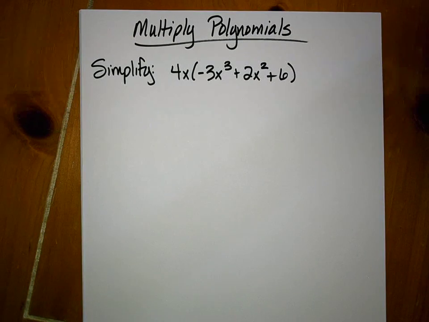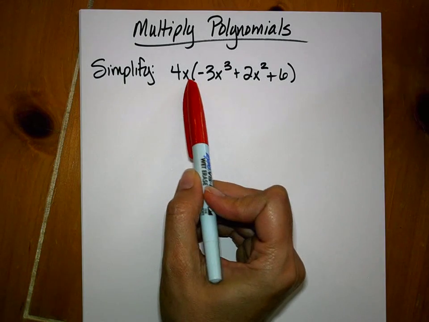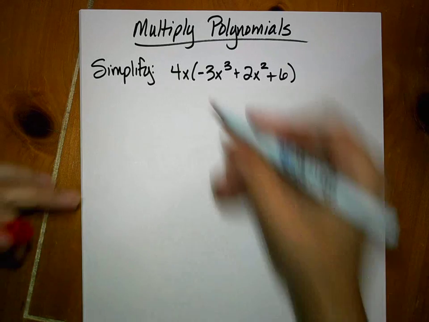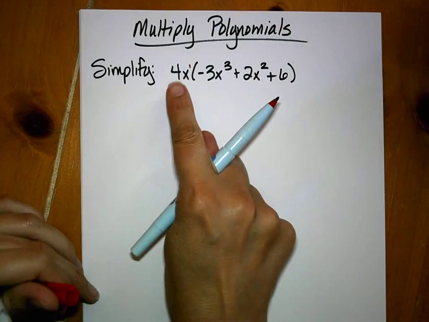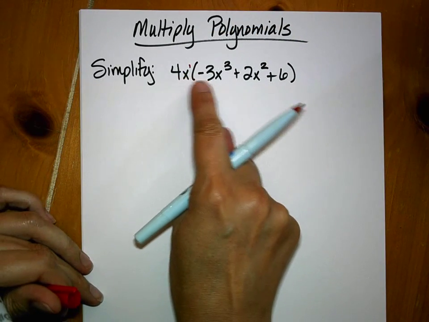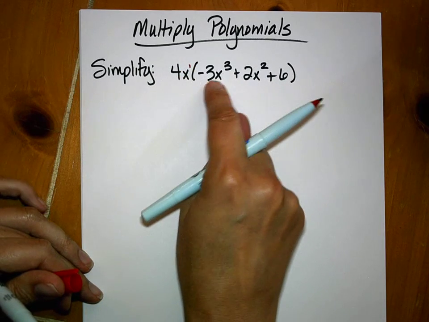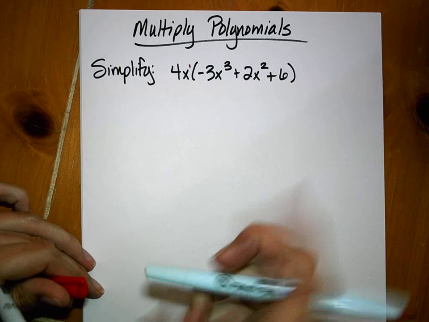Okay, multiplication of polynomials. What you really have to remember here is that you have to remember your exponent rules, and you have to remember that when a variable does not show an exponent, it's actually got the invisible exponent of a 1. Okay, so that's really 4x to the first power. And when we have to multiply 4x to the first power times negative 3x to the third power,